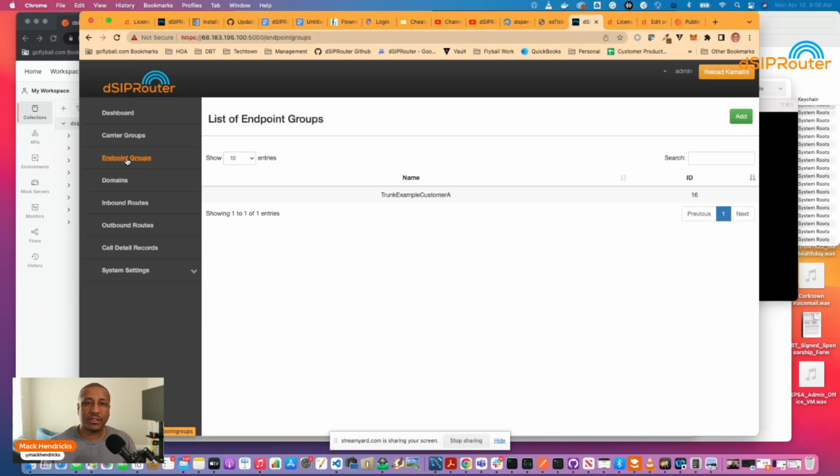In any case, you need to have the PBX authenticate itself to dSIPRouter. There are two ways you can do that: one is by IP auth, or you can use username and password. So in this scenario here, we're going to set it up so that